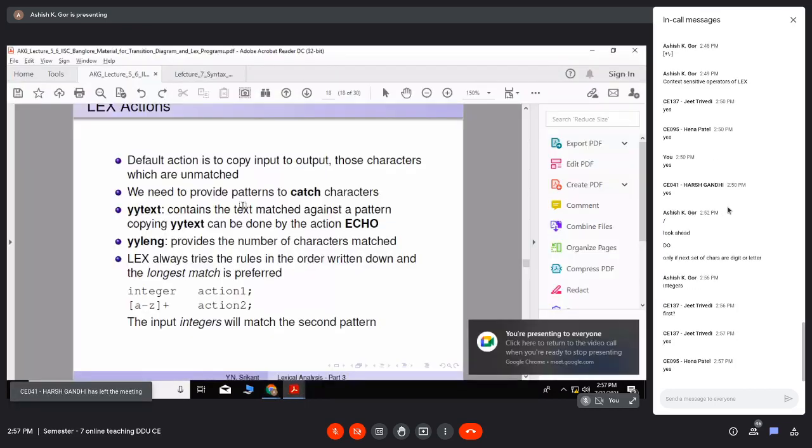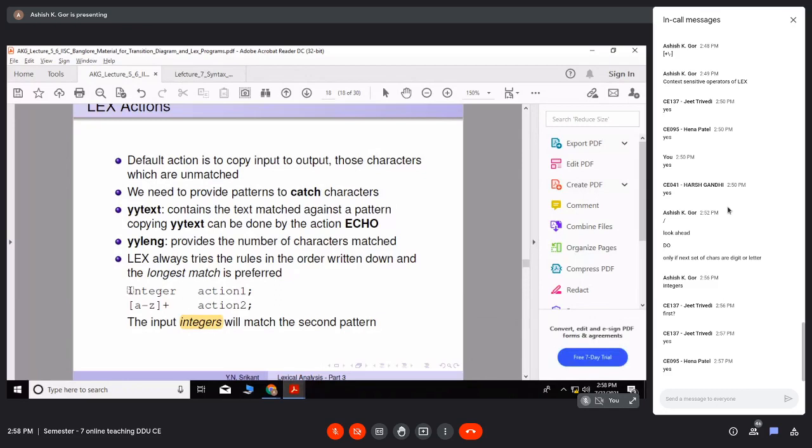Okay, so "integers" will match the second pattern. "Integer" is 7 characters, so if you take just the first 7 characters of "integers", it will match the first pattern. But the entire word "integers" will match A to Z plus, which is one or more letters between A and Z. The 8 letters INTEGERS will match A to Z plus.